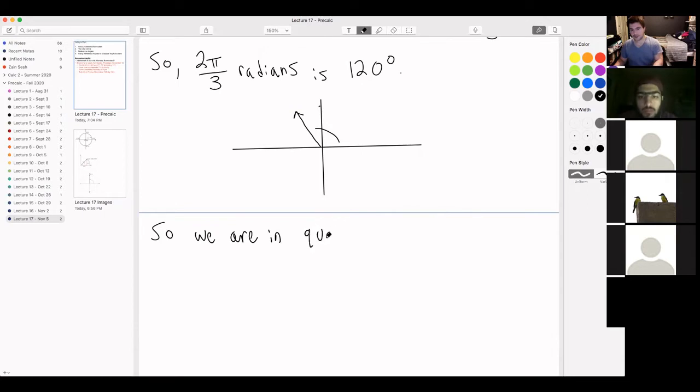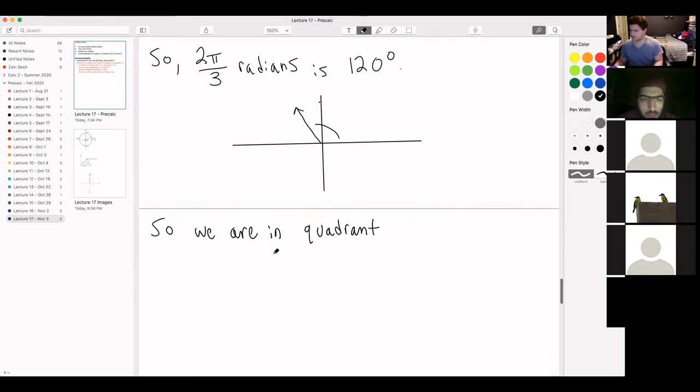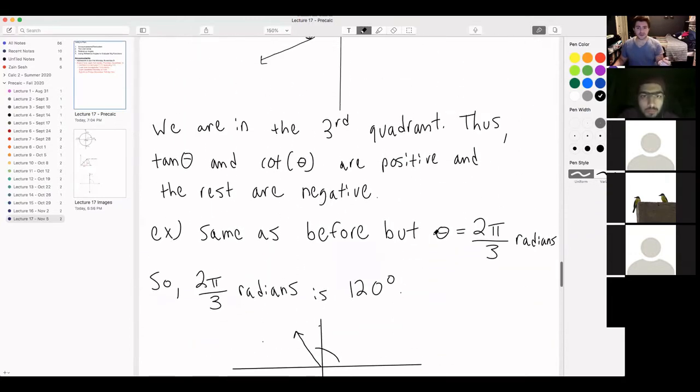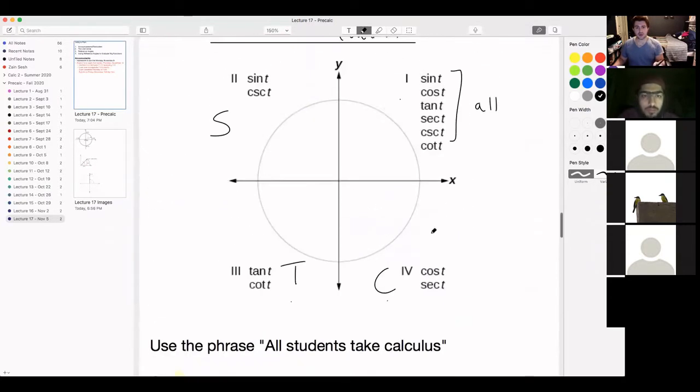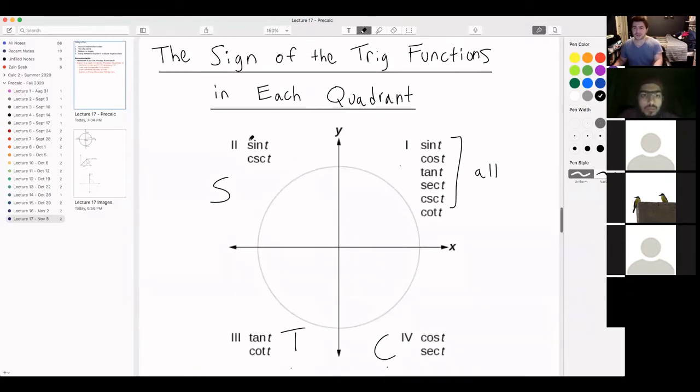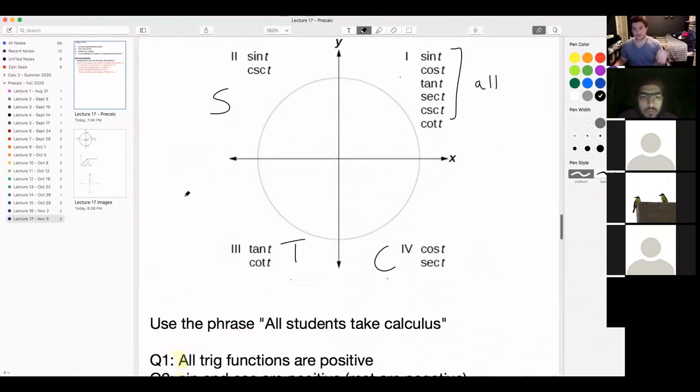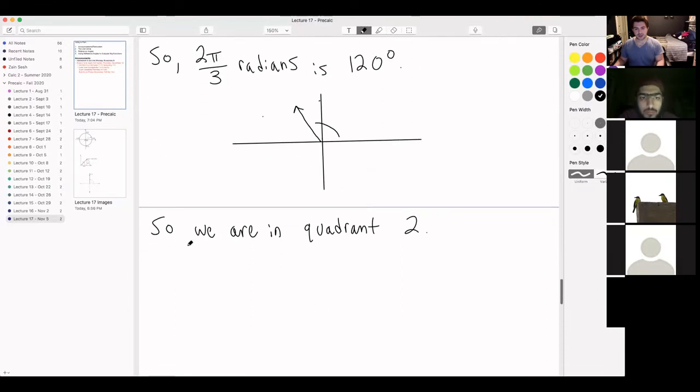Please let me know if you disagree that we are in quadrant 2, or if you're confused as to why. This angle lands right here. This is quadrant 2. So we're pretty much done. Now we just need to go up to our picture here and go to quadrant 2. Sine and cosecant are positive in quadrant 2. Very good. Thus,